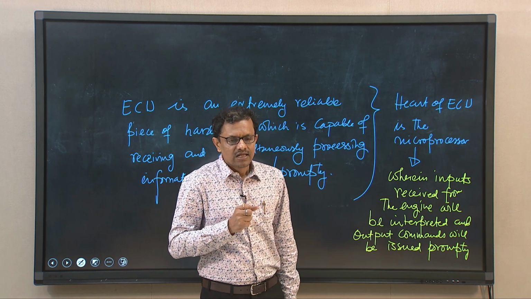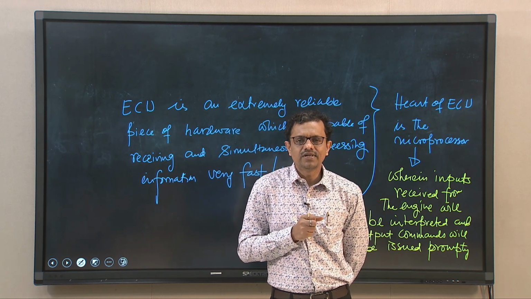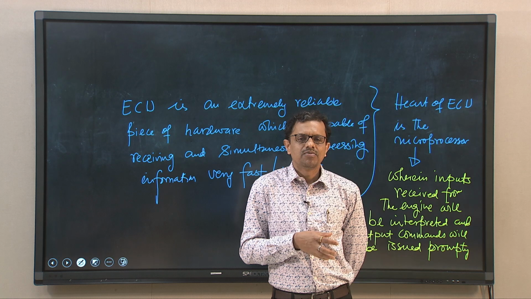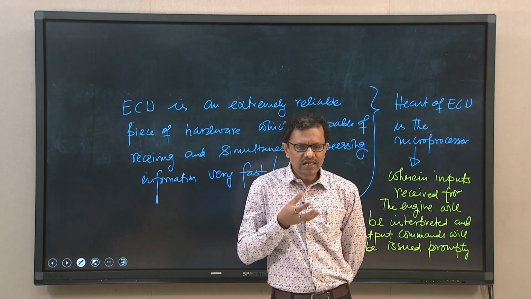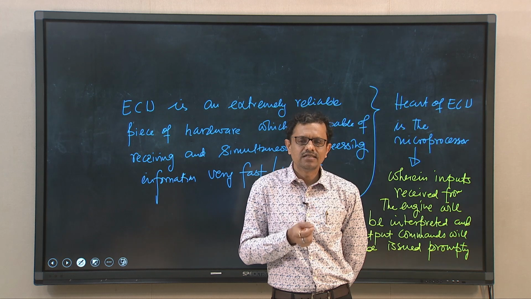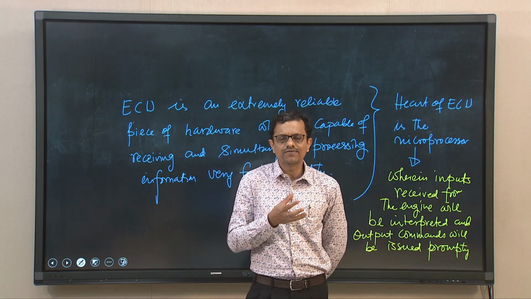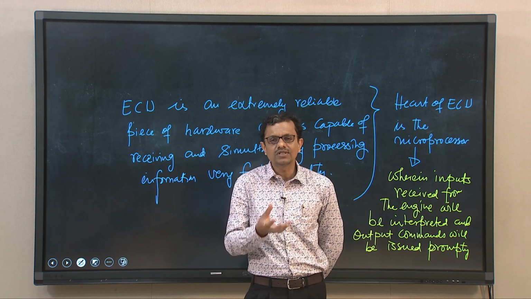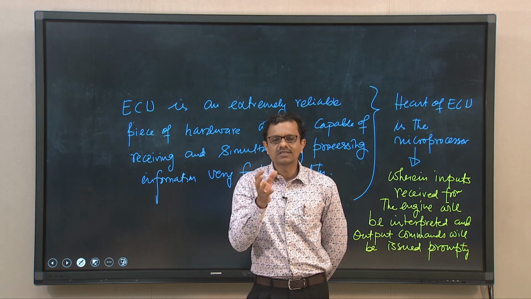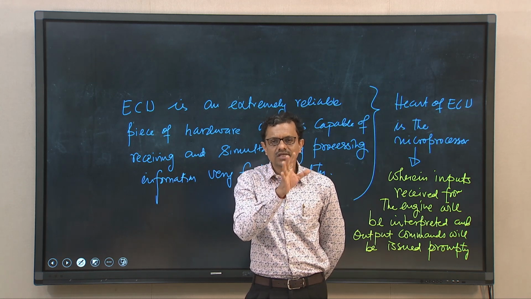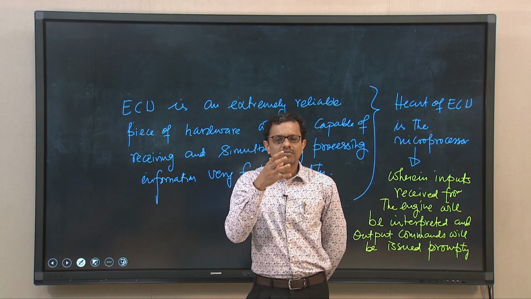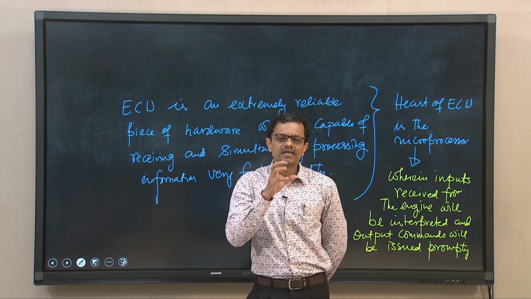Similarly, I can give you another example. Say, if it is an SI engine, then nowadays all SI engines have a separate fuel injector, but in earlier engines, as we had discussed, the carburetor used to play an important role. So, even if we consider an SI engine having a carburetor, and the requirement of charge or air-fuel mixture at any instant of engine operation is more than what the engine is getting, then that input signal will go to the ECU. The ECU will process that signal and immediately supply output commands to the sensor placed in the carburetor